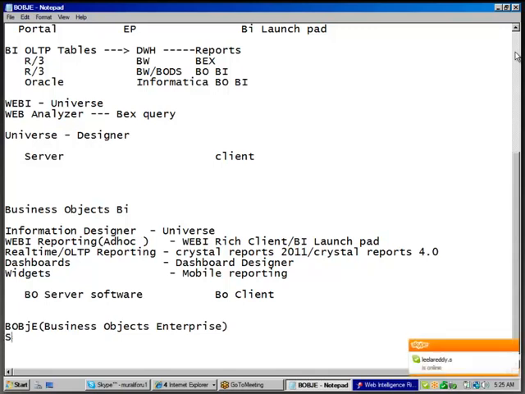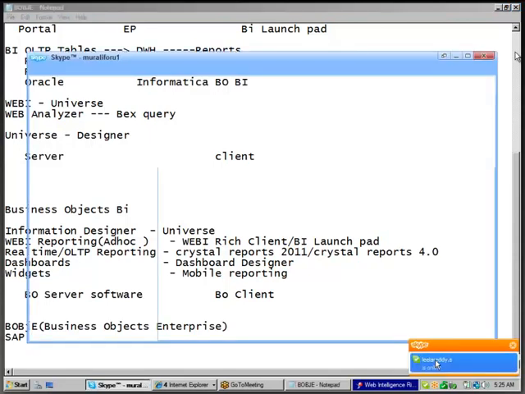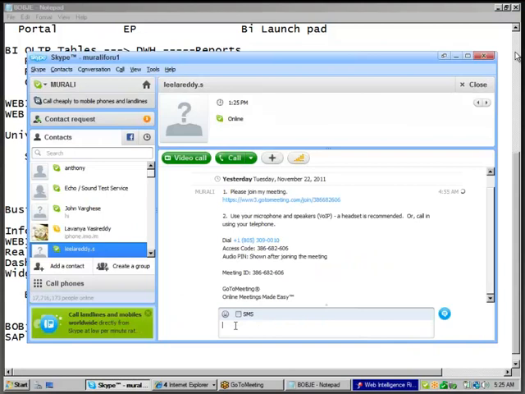That's why people call it SAP Business Objects.